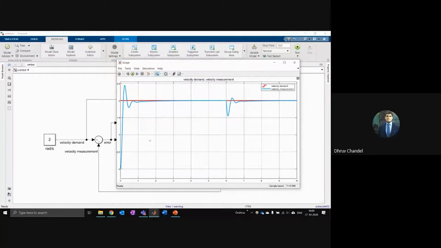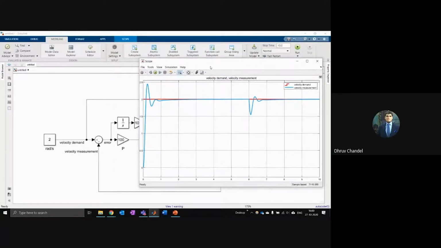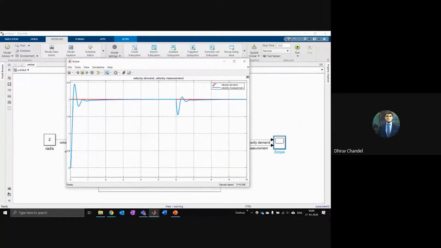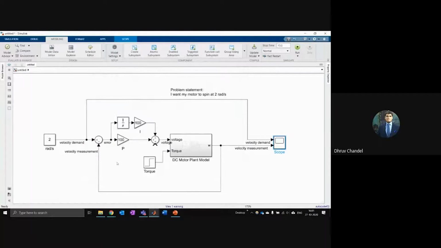And the interesting thing is, even if I put in a step torque disturbance from outside, my system is still able to catch up and keep my motor moving at the right value. Okay, so this is a very nice step. But there's still this oscillation there. So what I can do is I can look a little bit ahead in the future by seeing the slope of this curve. And from that, I can remove the oscillation a little bit. So that's called the D part. That's the derivative.